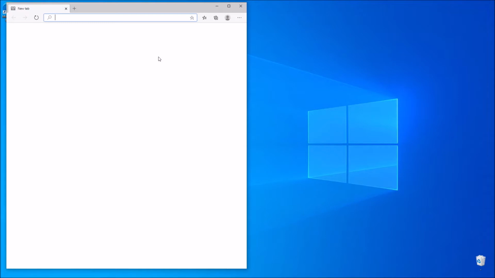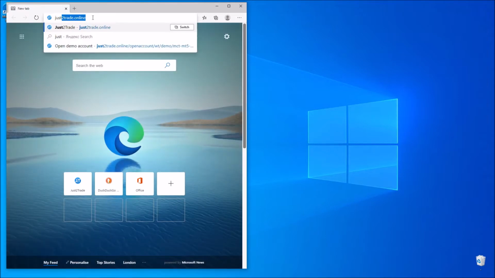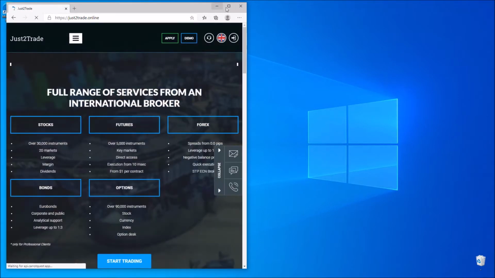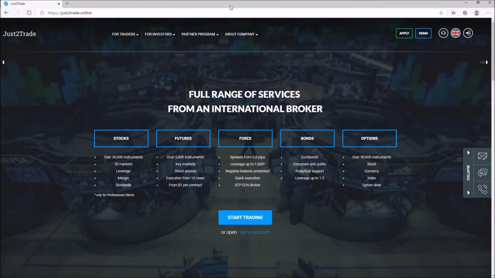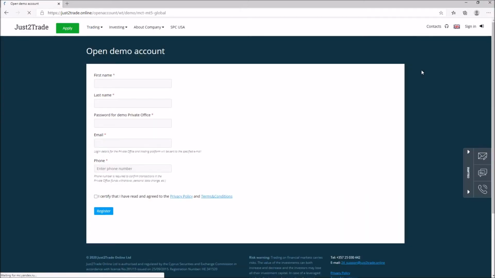Go to our website, justtotrade.online. You probably already knew about that one. And find the blue button in the top right corner, conveniently named Demo. Click on that one and go to the next web page, which will allow us to open a brand new demo account. Now over here, let's sign up as a mysterious this John